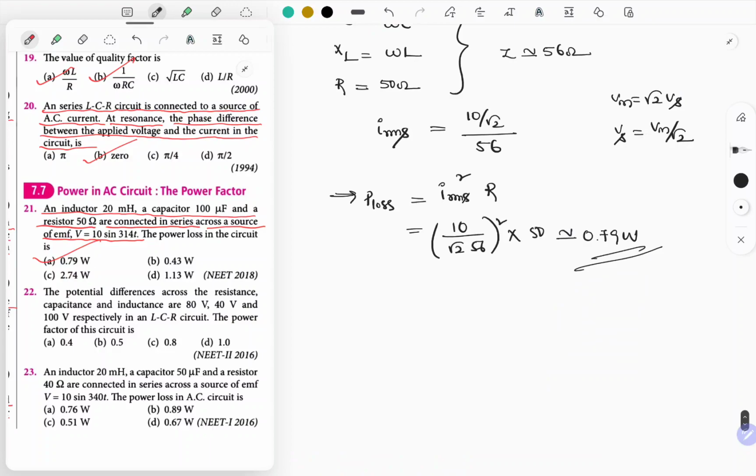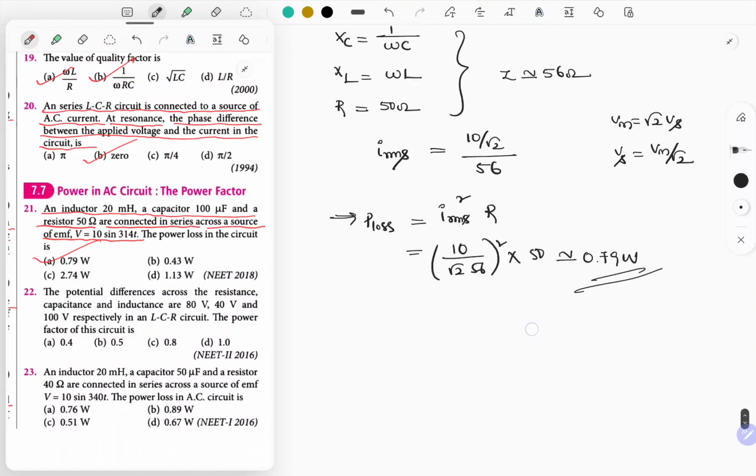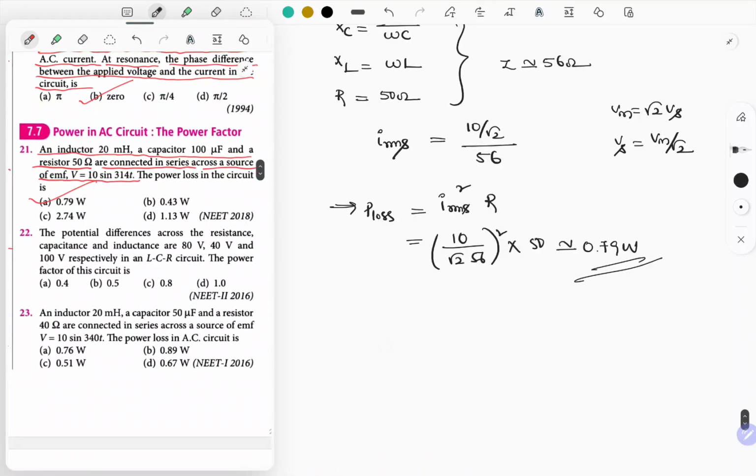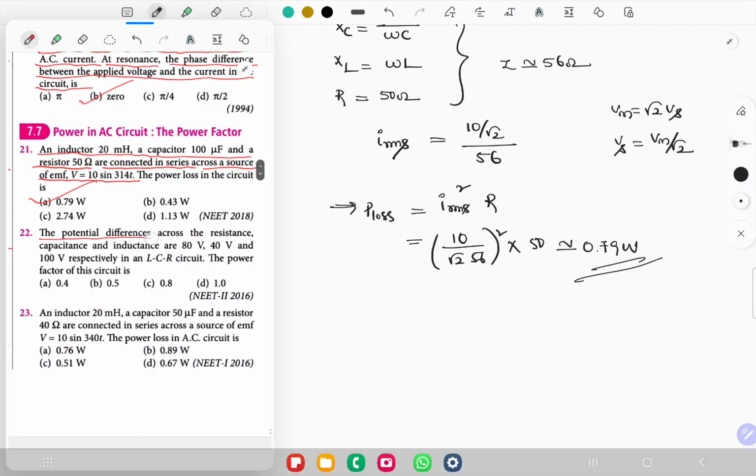So we have to do those calculations. There is no other way. Okay, next question number 22. The potential differences across the resistance, capacitance and inductance are 80 volt, 40 volt and 100 volt respectively in